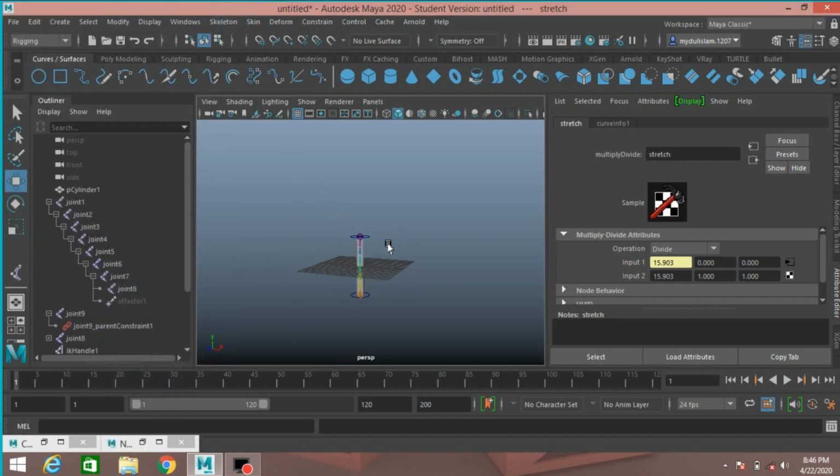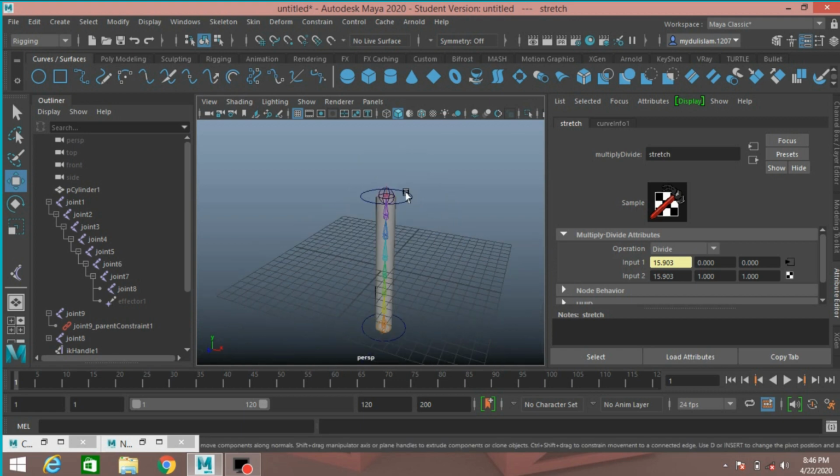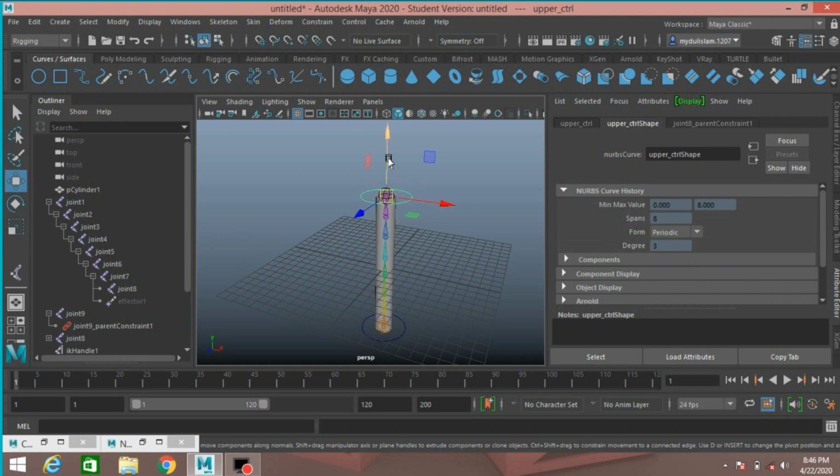This will return it to normal length, and select this and move. This time stretching is working. Ctrl G to undo, and if you move down, this is looking weird. So to fix this, that is called squash rigging. Press Ctrl plus G to undo.